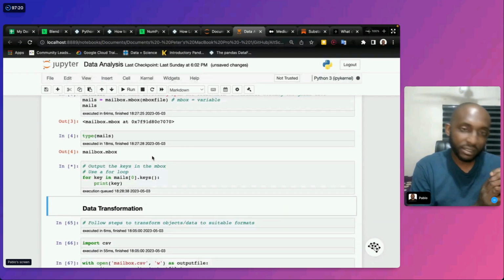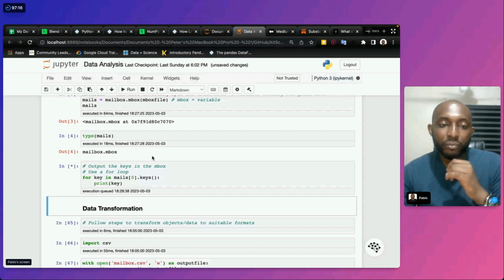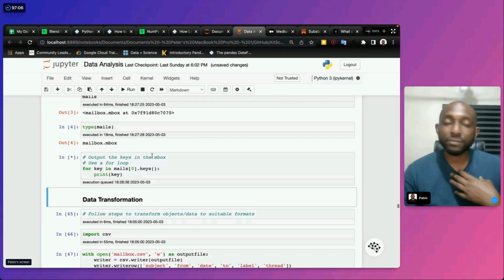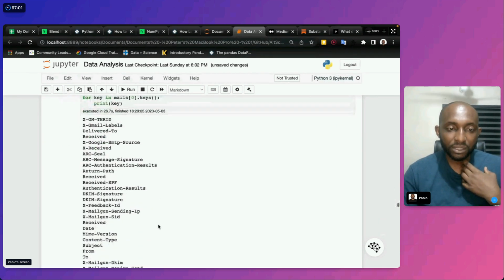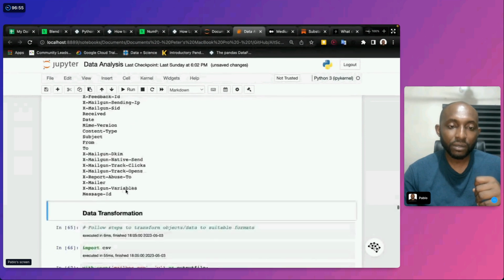All these keys that are a part of our Gmail data, which shows us our messages in the different classifications, will be pulled out. Again, it's a form of transformation. So we now have columns of interest: subject, from, to.